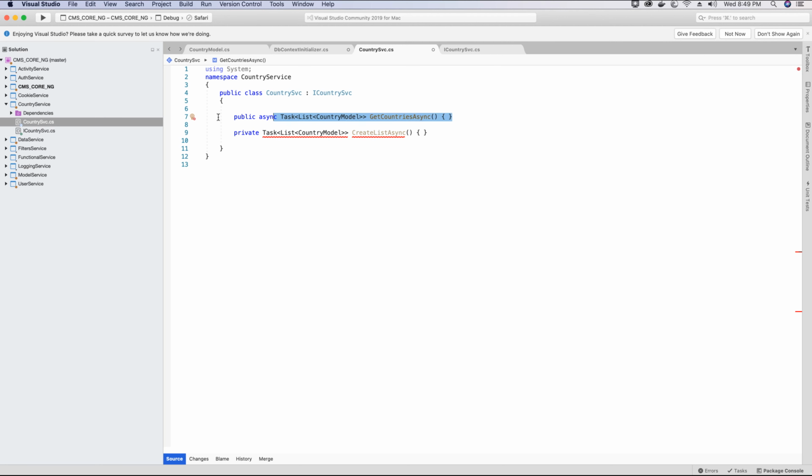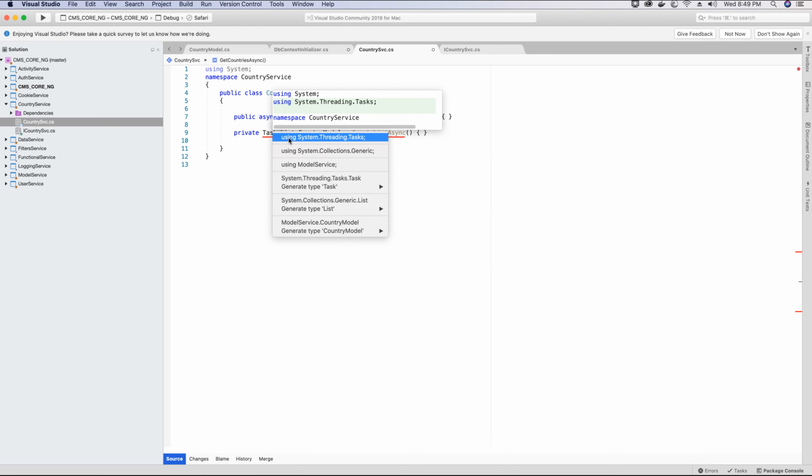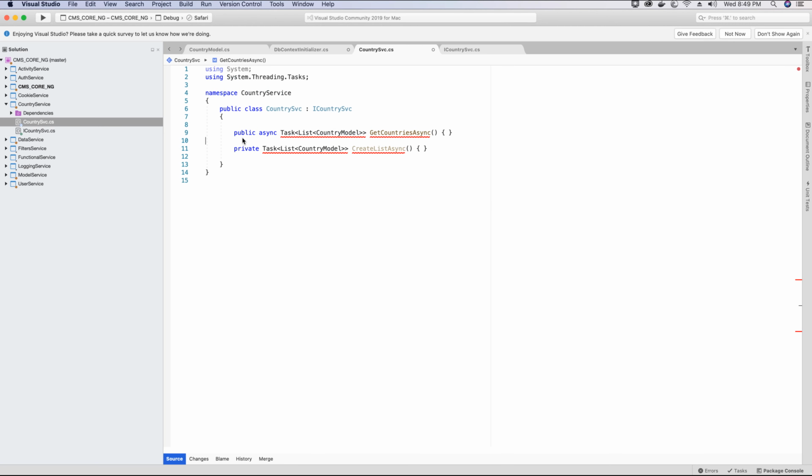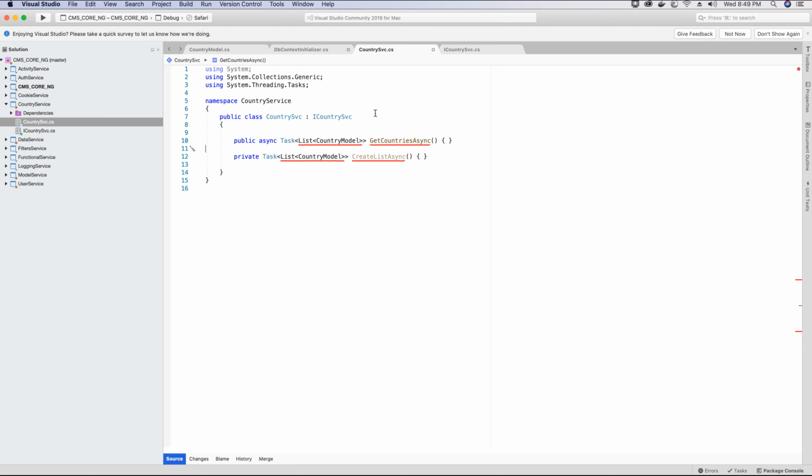One which will return the list of countries. Second, this is an extension method where we will add all the list of countries, and this extension method will be called by this getCountries method. So first we will add the missing references to system.threading.task because we want to make this process asynchronous, and we will add the reference to collections, so system.generic.collection, and reference to our country model which is part of model service